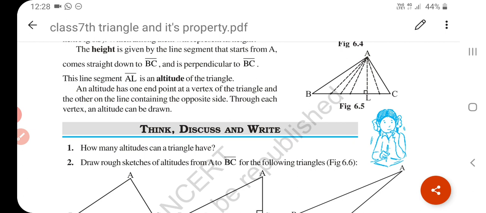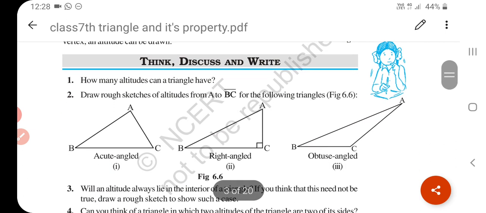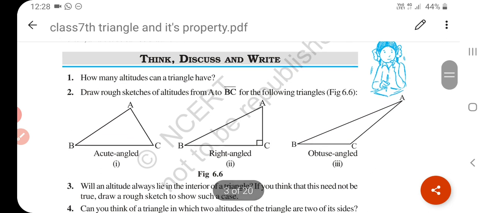The side opposite to the given vertex or angle. So if we talk about this triangle ABC, what is the opposite side of vertex A? BC. BC is the opposite side of vertex A. What is the opposite side of vertex B? The opposite side of vertex B is AC. Okay, so you can remember this. Now the angle opposite to the given side: if BC is given, then what is the opposite angle? The opposite angle is A. Okay, understand?